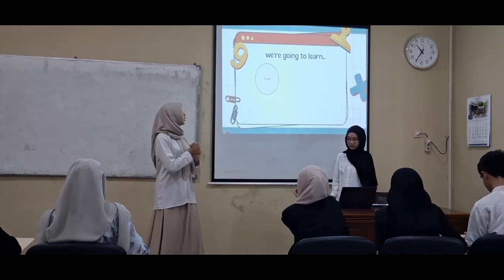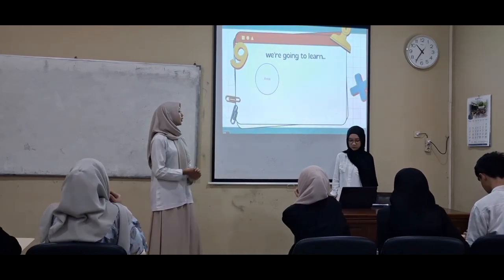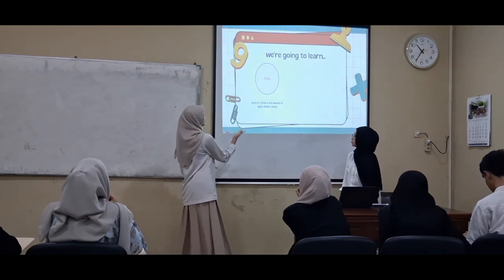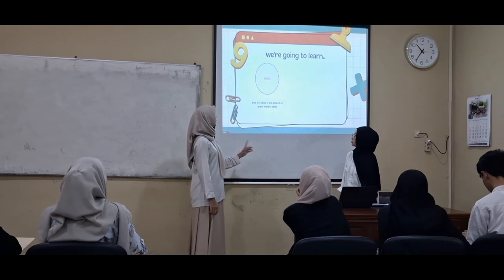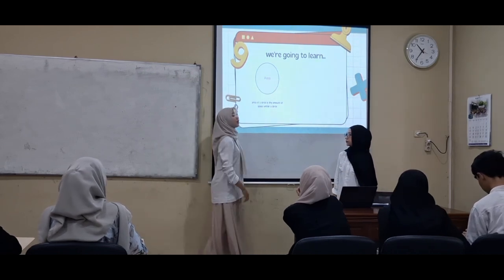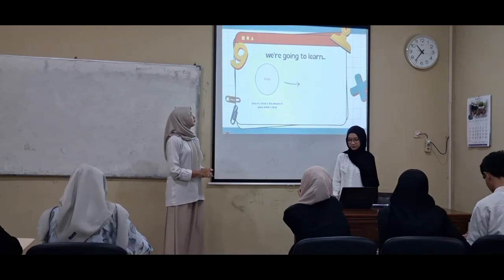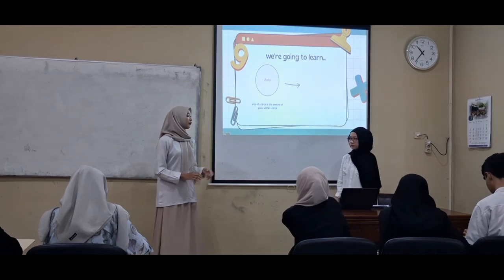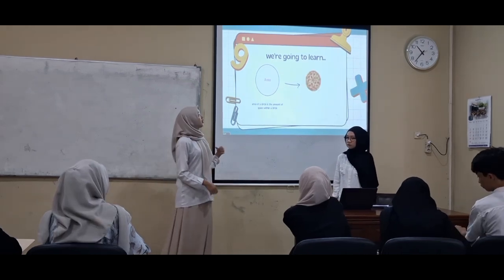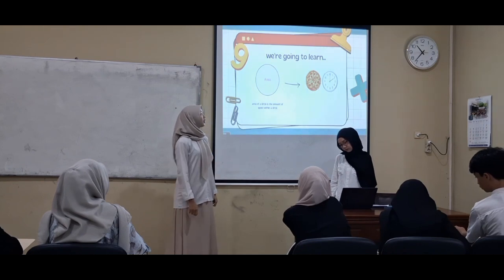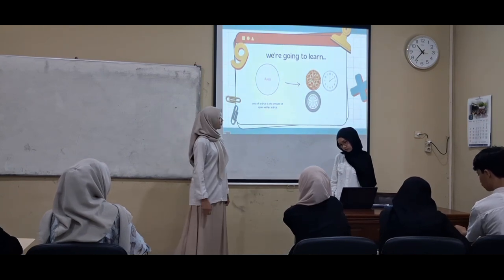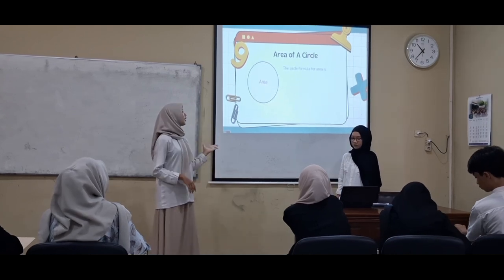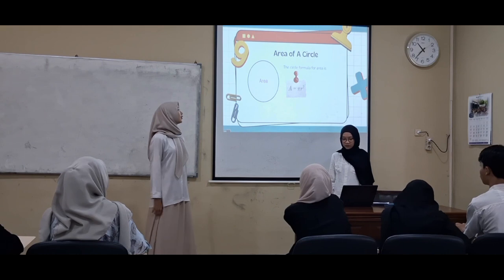So today we are going to learn area of a circle. What is area of a circle? Does anyone know? No. Okay. So the area of a circle is the amount of space within the circle. So this big area is called area of a circle. Why should we learn about area of a circle? Because we use it every day in our life. For example, we find the area of a pizza, a clock, wheels, or a round carpet. Okay, next. Now, the circle formula for area is A equals pi r squared.